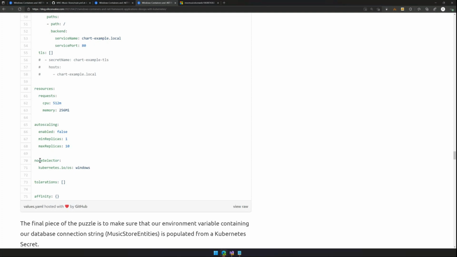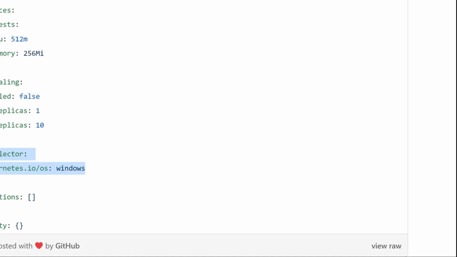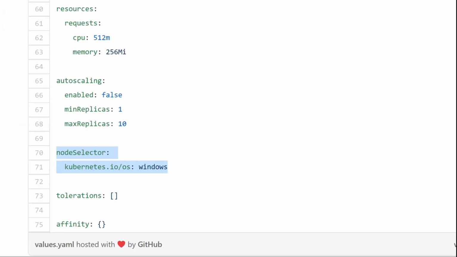scale it out. And then the most important thing here is actually this node selector. And the node selector tells Kubernetes when you're creating an instance of this container image, this is what sort of node I want you to go and select. So that you can do lots of different things here.